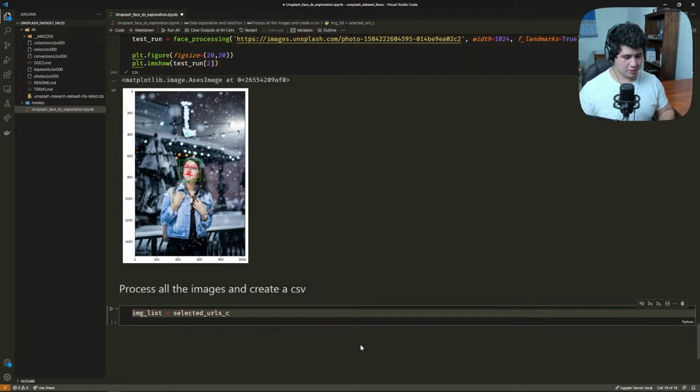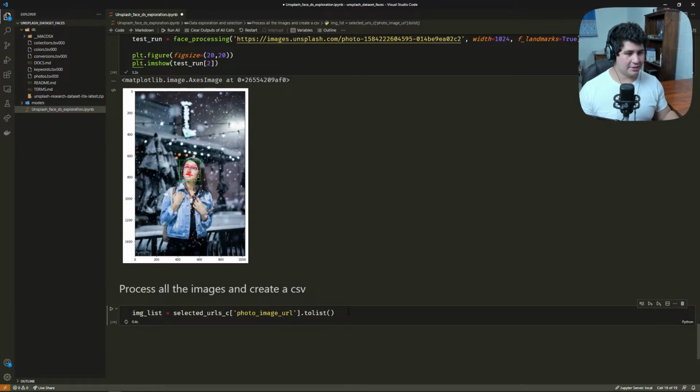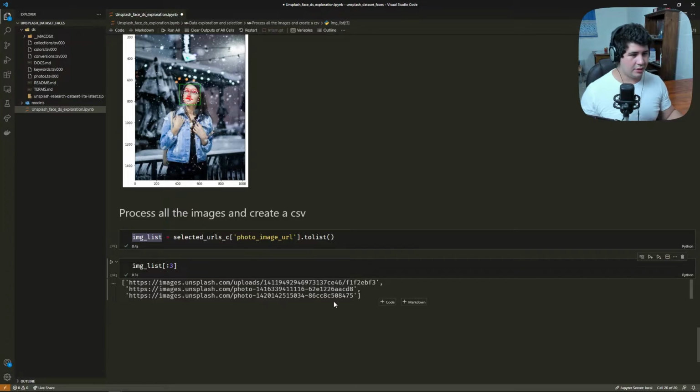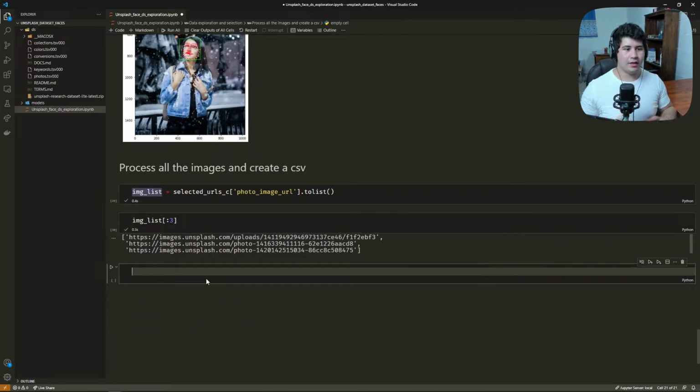Okay, so let's say, give me the photo image URL. So let's select the photo image URL and use the function toList to create a list of this series. Okay, wonderful. Let's now print the first 3 items to see that indeed we have URLs here. We're going to create a CSV file. So first we're going to create a dictionary to then create the data frame and then save that data frame